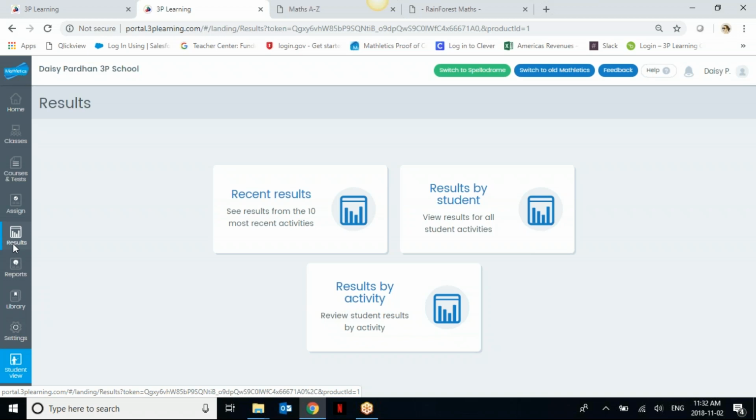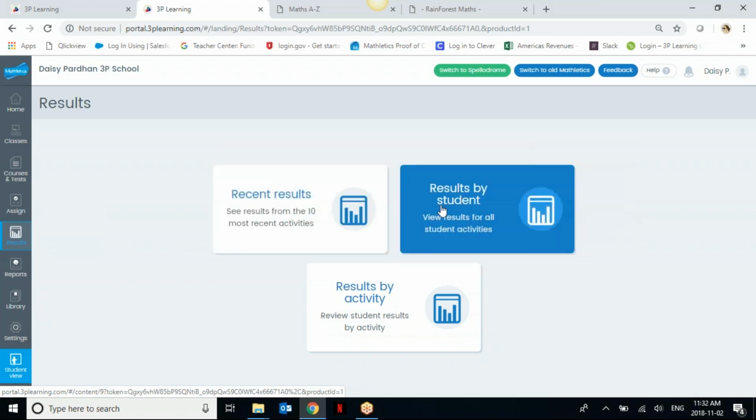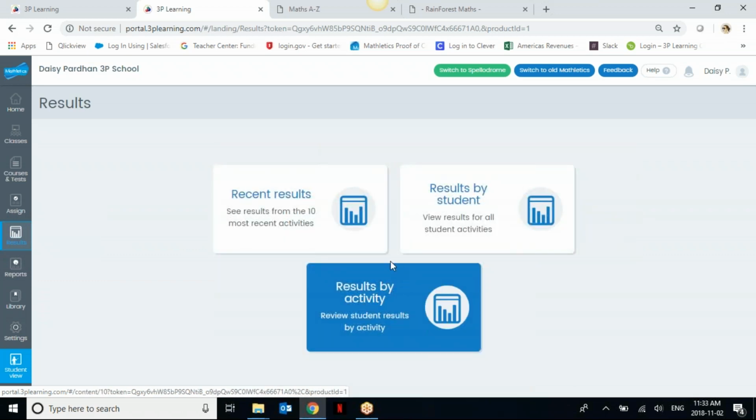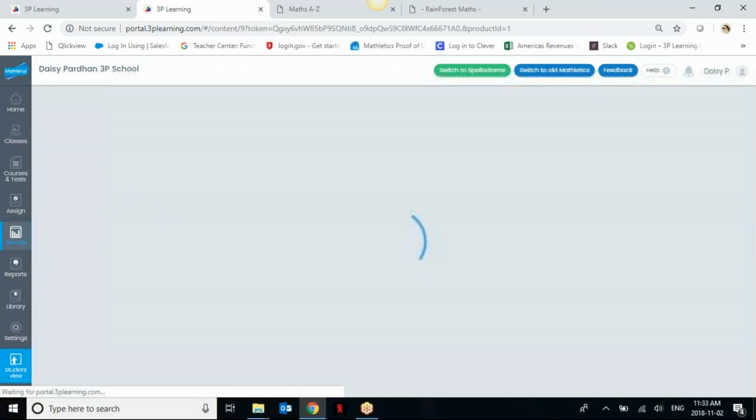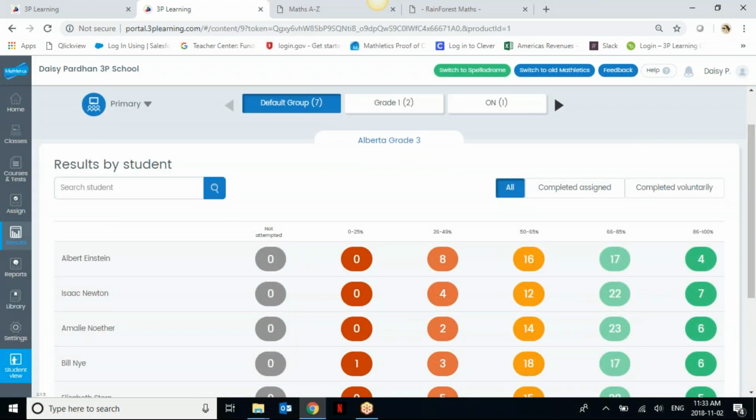But just to give you a high overview, the results give you a nice little perspective on recent results, by students or by activities. So if I wanted to know how my Albert Einstein is doing, I can click on by students. Again, it brings in that visual of the traffic lights here so I can see where the bulk of his